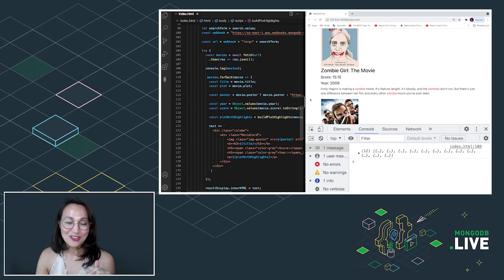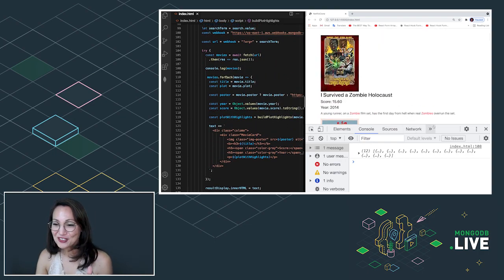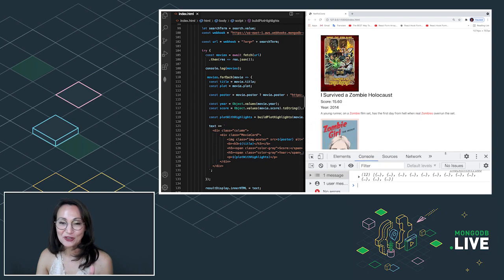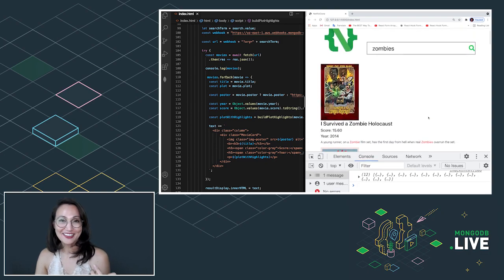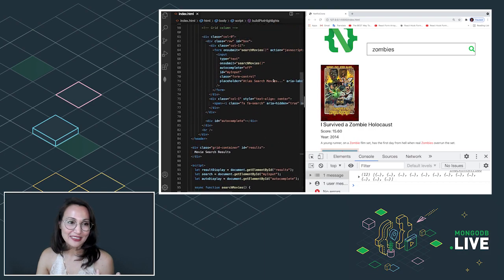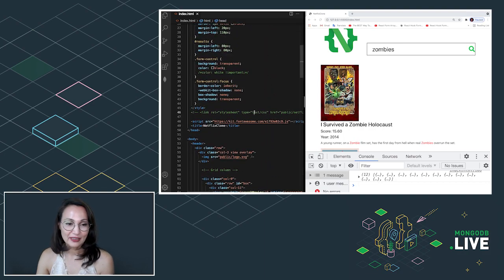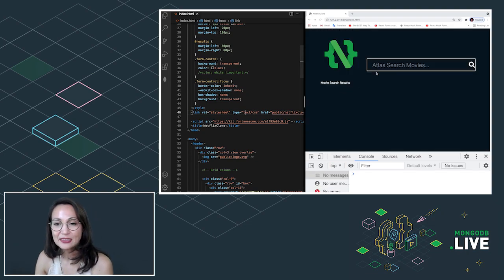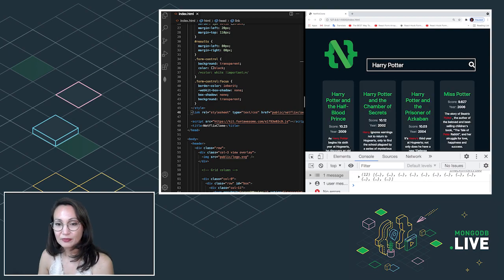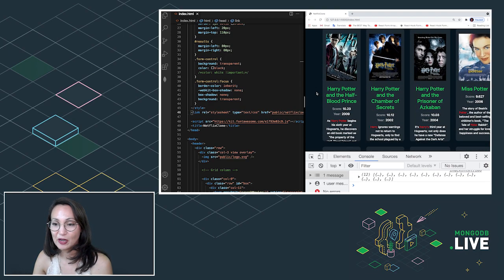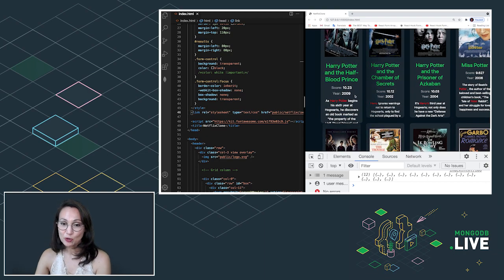But anyway, so now that's basically all you have to do for this web application, but I wanted to show you it doesn't look like a Netflix clone yet. The rest is simply styling. So I'm just going to go back here. I have the style sheet inside of the public folder. I'm going to uncomment that. And so now let's look for movies about Harry Potter. There you go. There are all my Harry Potter movies. I have the scores in them. I have the highlights in them as well.